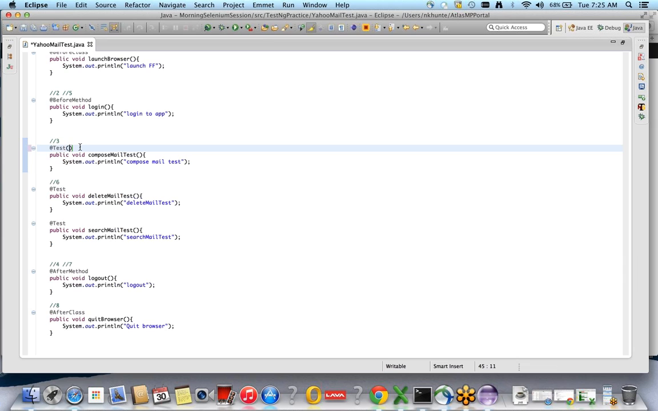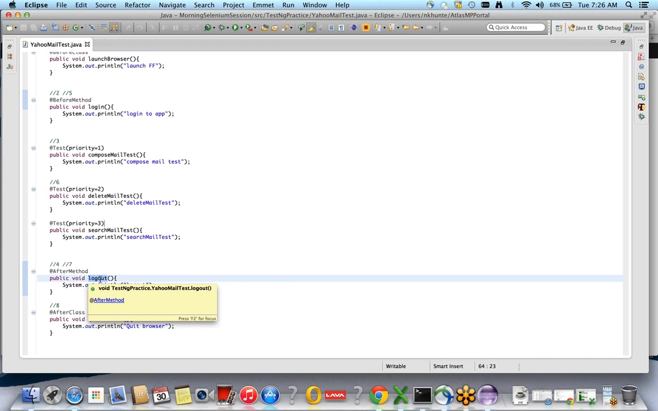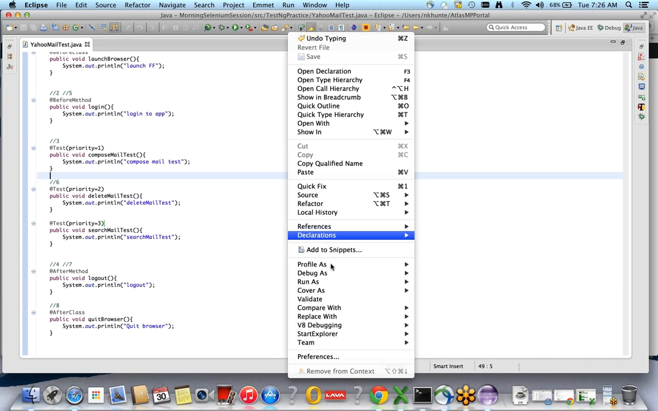So inside the bracket, after @Test, just write priority equal to 1. Priority equal to 2 for the second test case. It should be like this. Priority equal to 3. Okay, 1, 2, 3. Now the first priority will be given to this, then this, and then this particular test case. But before each and every test case, the @BeforeMethod is added, and after each test case, the @AfterMethod is added by default. If you run it,